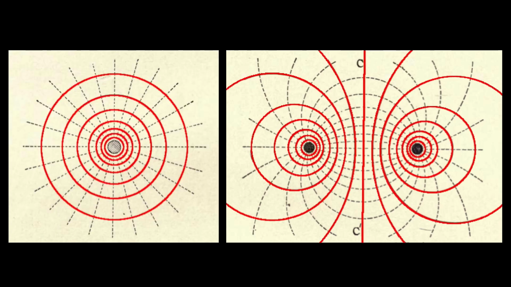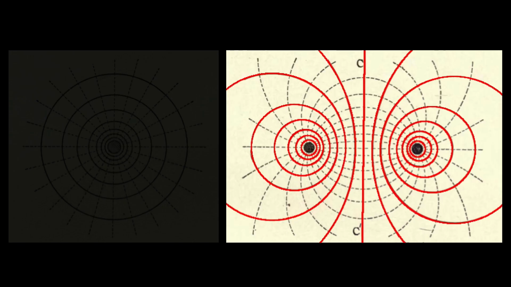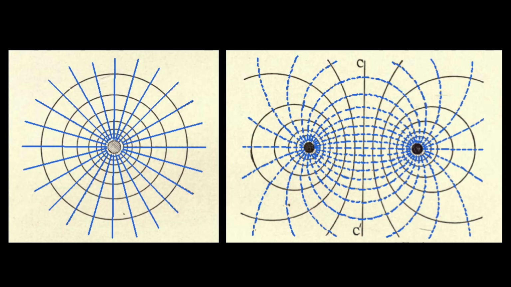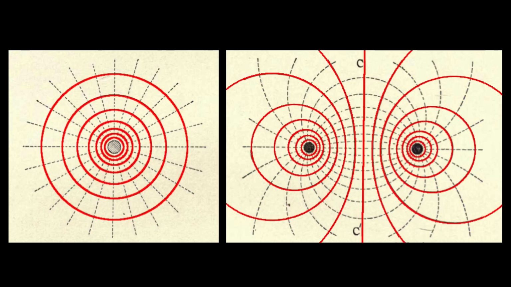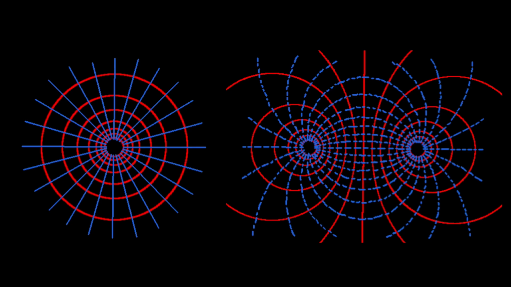The circles propagating outward from the conductors are the magnetic field. In the single conductor, the circles are concentric. In the system of conductors, the circles are eccentric. The radial dotted lines are the dielectric field. The relation between the magnetic and the dielectric is the magnetic is parallel to the conductor and the dielectric is perpendicular to the conducting surface. This also means that lines of magnetic and dielectric inductive force are orthogonal or perpendicular to one another at all points.